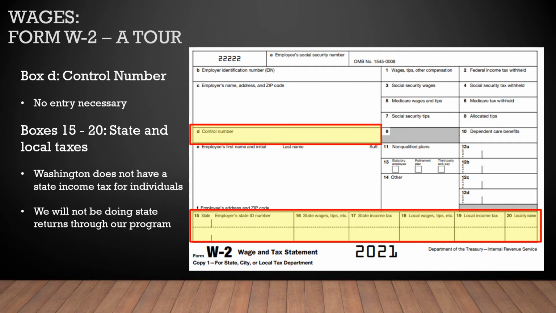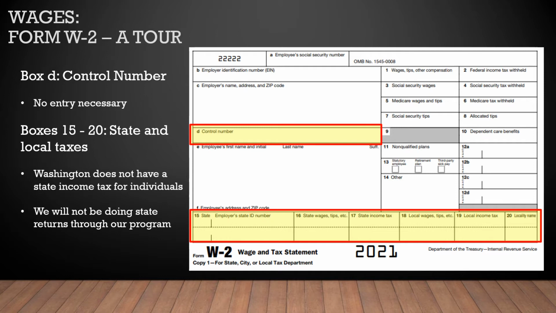Boxes 15 through 20 are state and local tax information. And it's important to know that Washington does not have a state income tax for individuals, so we shouldn't be seeing any amounts in there. Sometimes employers report information with the state Washington, but there's no Washington state income tax return for individuals.